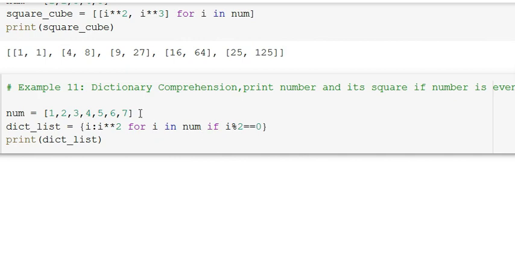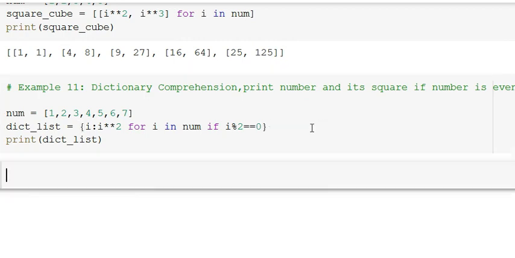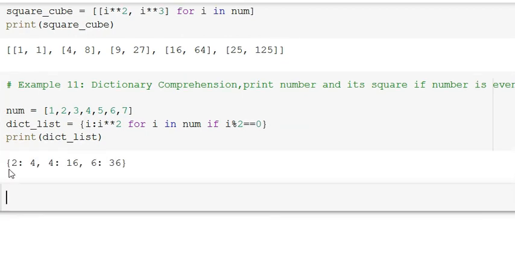So for i in number, and the condition is i should be divisible by 2, so that it will be an even number. If it is an even number, then print the value of i and i square in dictionary form. So here i is 2 and i square is 4, and the even number 4 and its square is 16. Similarly 6 and 36.